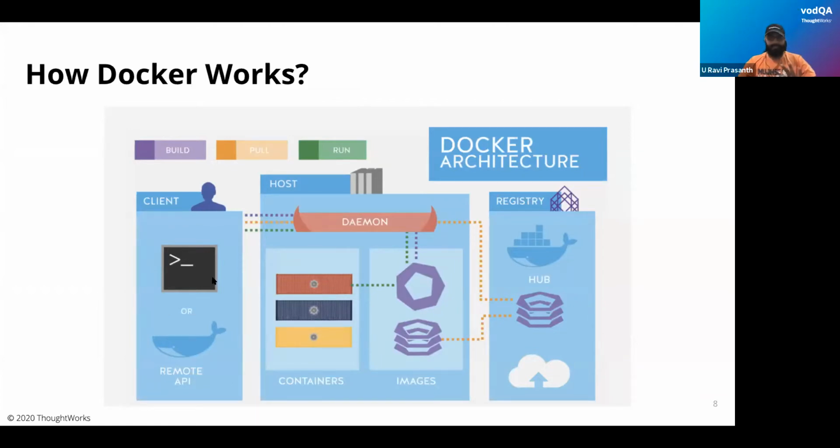It is just three simple things. You'll have to build it, pull it, run it. Build is used when you are creating your own image. Pull is for when you have created an image and pushed it to the Docker registry, you can very well pull and run it. And run. Obviously, if you build an image, it is just an image that is there in your local cache. It is not something that will run, so you will have to run it. That is why we have given this. And while building, if you are not in the Docker file path, you have to mention the file path as well. Yeah, right.